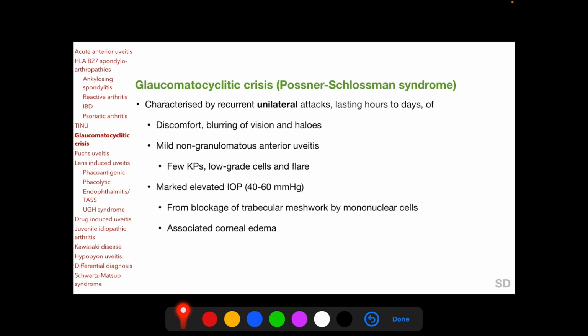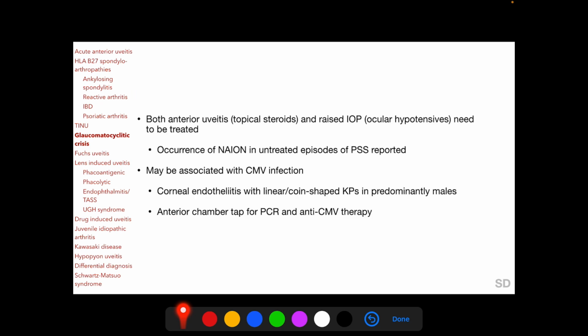Associated corneal edema may be present. In Glaucomatocyclitic crisis, both anterior uveitis and raised intraocular pressure need to be treated. It has been reported that untreated episodes of Posner-Schlossman syndrome can have occurrence of non-arthritic ischemic optic neuropathy with loss of vision. Glaucomatocyclitic crisis has been associated with CMV infection, and in CMV infection we usually get corneal endotheliitis with